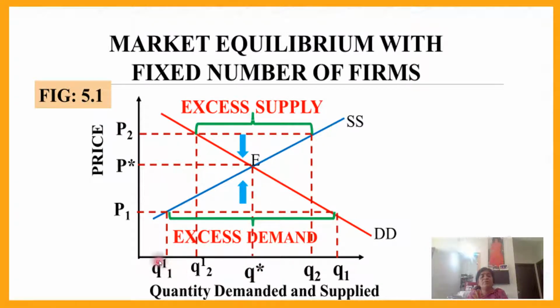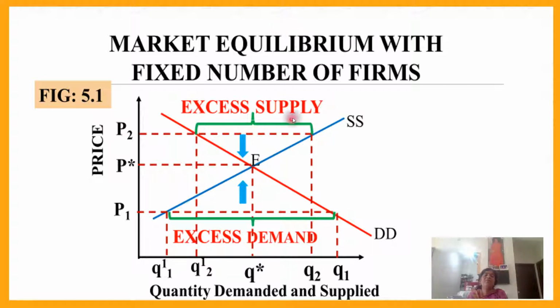What will happen to the supply? The supplied quantity Q1 dash also increases, because P1 is increasing back to the equilibrium price P star. Therefore, the quantity supplied also increases back to the equilibrium quantity Q star. We have already seen that at Q star, the quantity demanded QD and quantity supplied QS are equal to each other. Therefore, when the price goes back to equilibrium P star, the quantity also goes back to the equilibrium quantity. Q1 dash will come back to Q star, and Q1 demand also will come back to Q star.